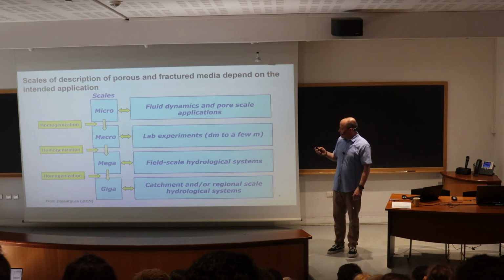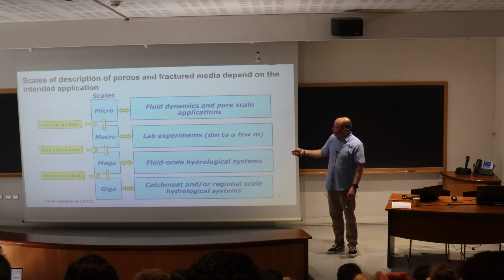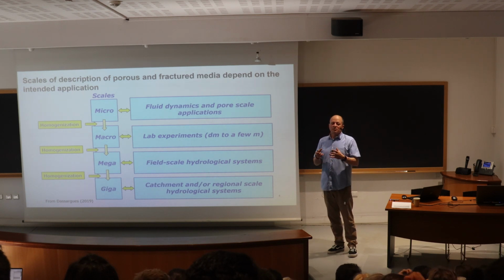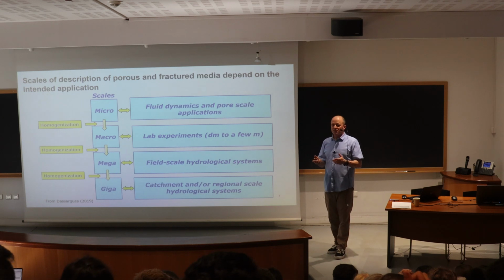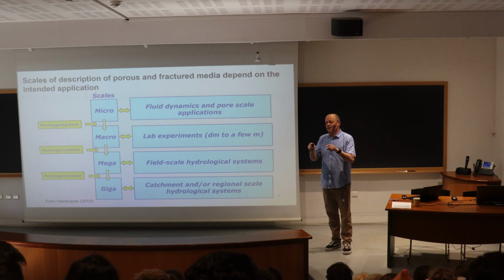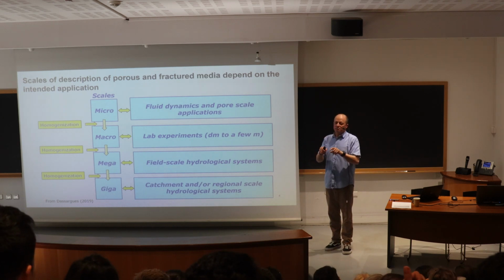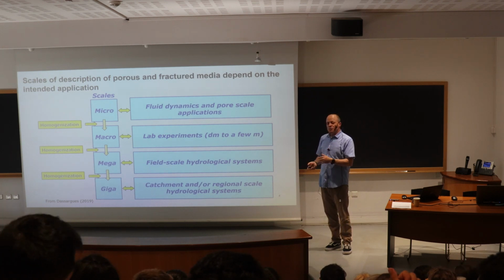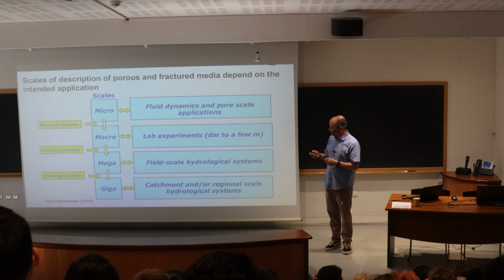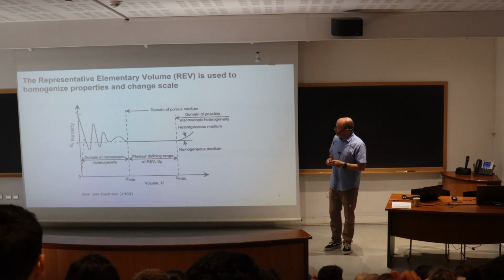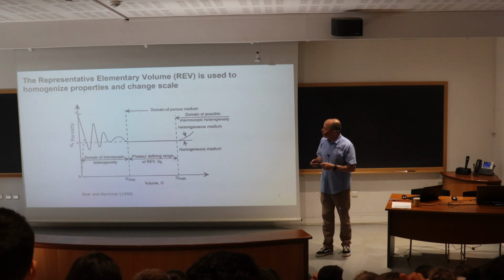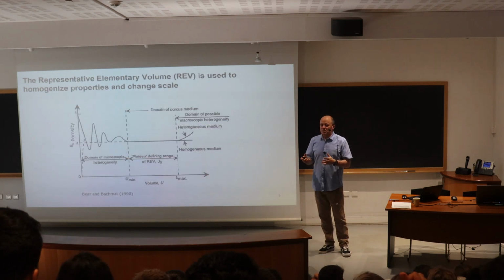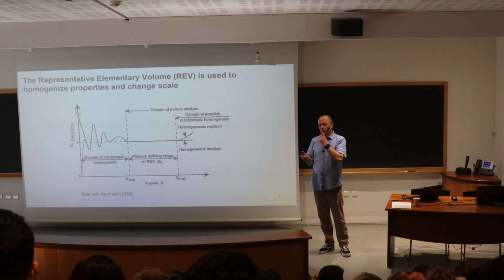And of course, as soon as you go from one scale, smaller scale to the other, you have some homogenization that is required, or some averaging of properties, because you cannot represent everything that exists at the smaller scale when you move to a larger scale. So you introduce some new parameters. Of course, the concept of representative elementary volume is central to this upscaling,